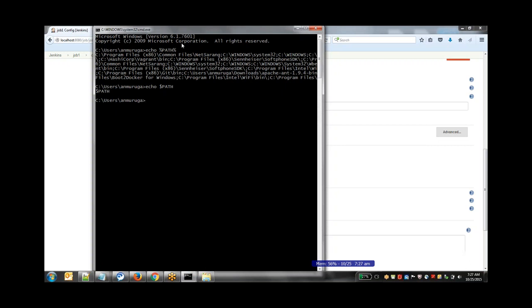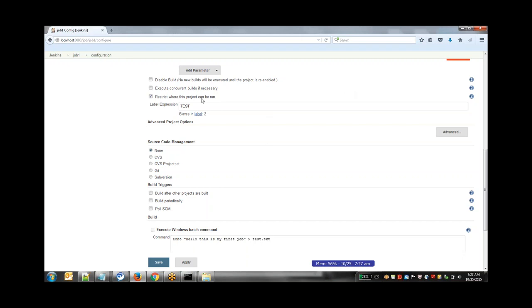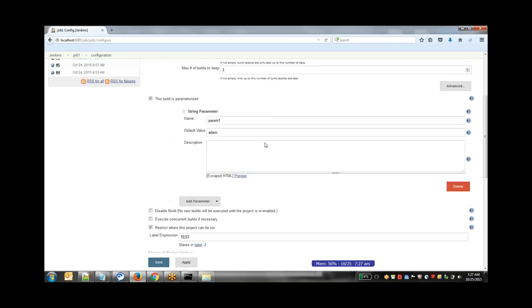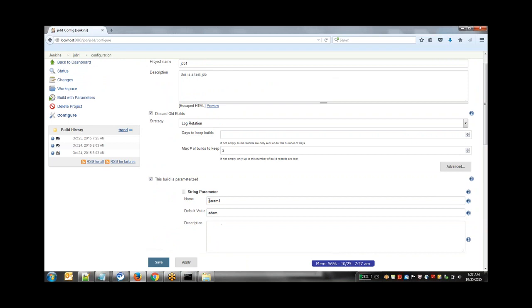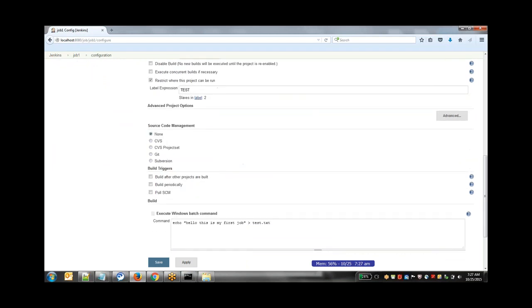So right now it will not show because it is Windows. Suppose you have installed Jenkins, and in production you're working on a Unix-based or Linux-based operating system, then you have to use dollar and the environment variable so that it will return whatever values you have stored in that environment variable. In the same case here, we have stored an environment variable called param1 and some value inside it. So in order to get that,